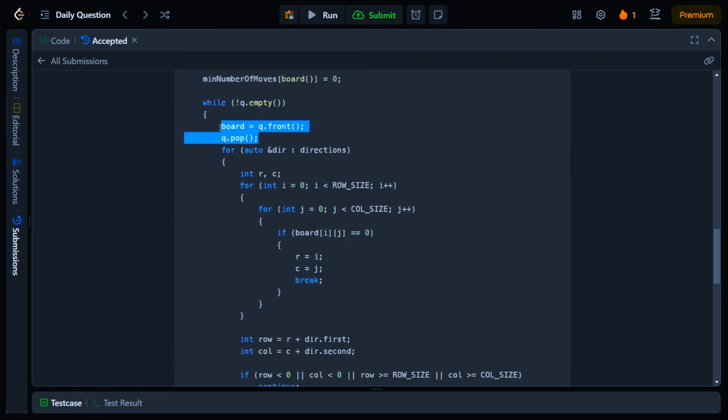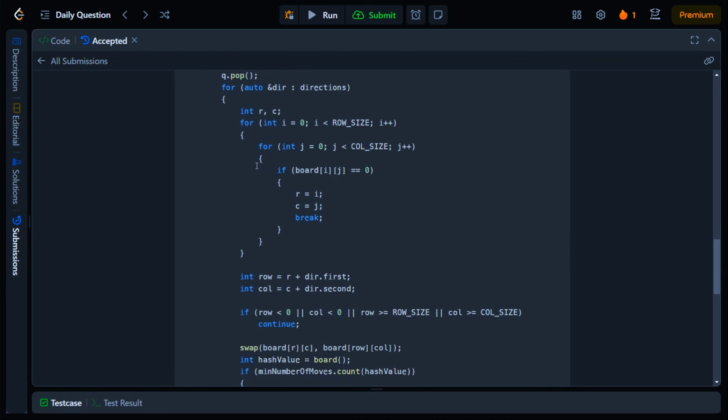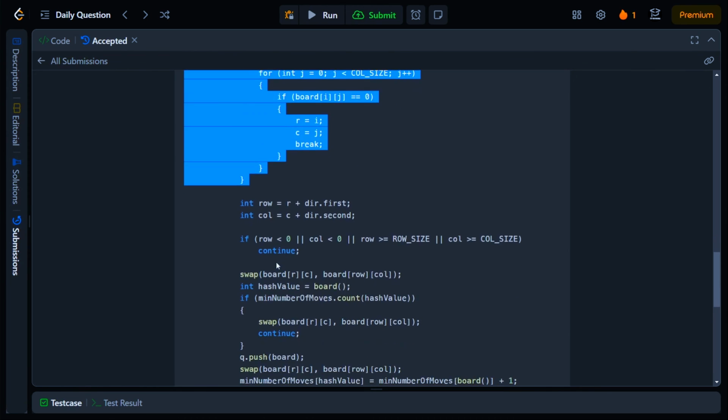We pop it off the queue, and then we process all four directions. First of all, we need the position of 0, because that 0 represents the slide, the empty space where we basically slide the other value. This is a swap. So basically you're swapping the place of the 0 and another value. So we find the position of 0 here, and then we